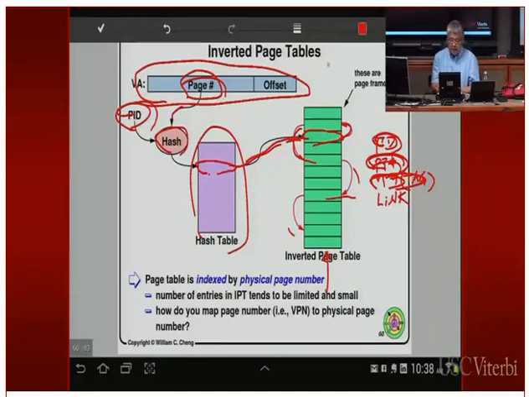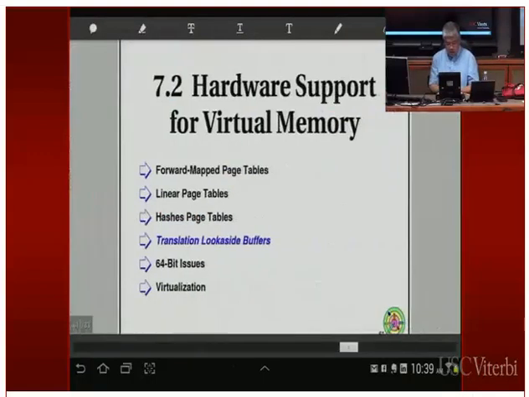If you do something like this, then you only need one inverted page table that can be used by all the user processes out there. So this has very small overhead, but again it has the problem of performance, because the hardware needs to traverse all these entries in order to find something, and then generate many references to physical memory before it eventually finds the final place it has to go to get that physical page data. So all these things are very slow. We're going to see how the hardware actually speeds all these things up.